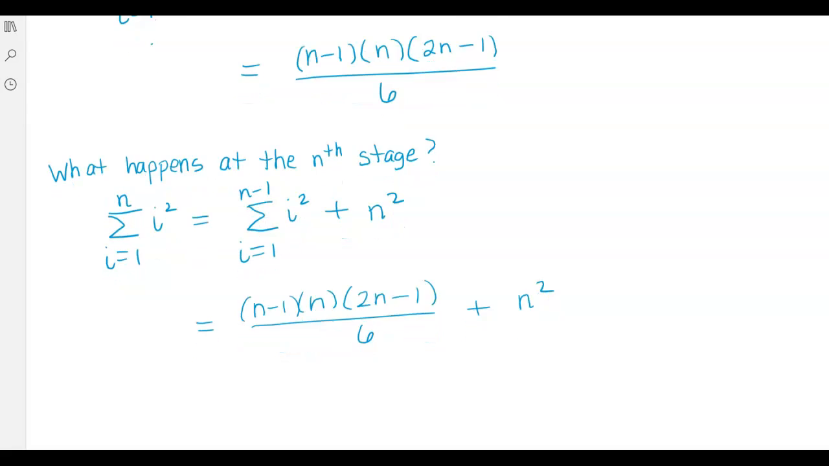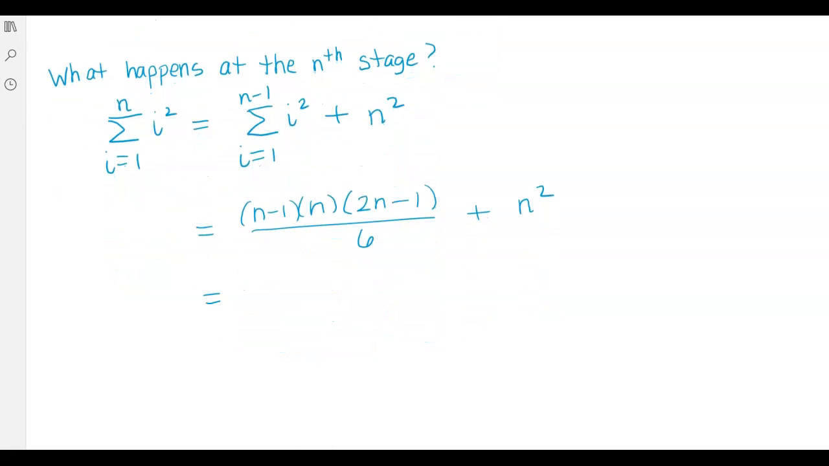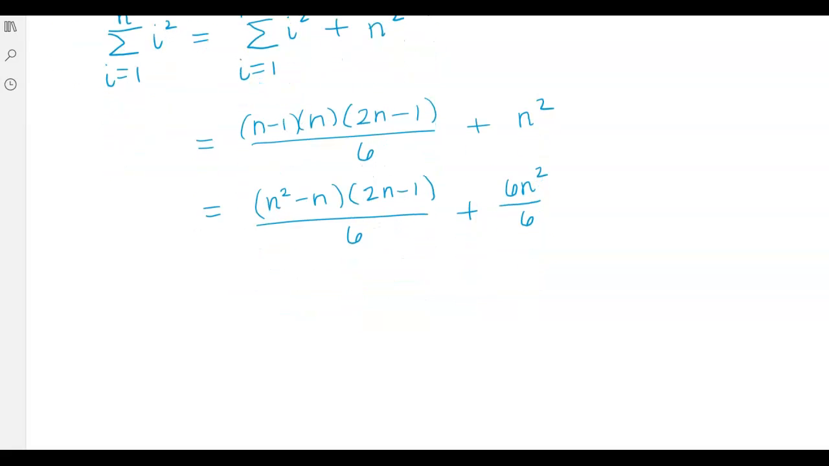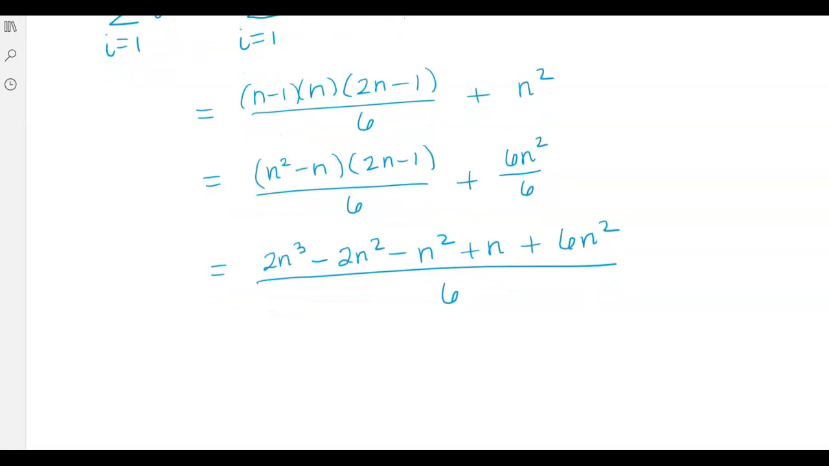If I multiply that numerator out, I'll have n, let's see, n squared minus n, times 2n minus 1. I'm going to write this n squared as 6n squared over 6 because I know I want to combine those fractions together. And then this is, let's see, 2n cubed minus 2n squared, and then plus n, and I'll put a plus 6n squared here. Combining like terms,